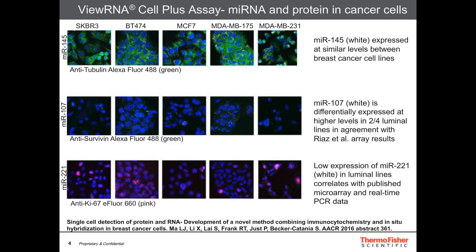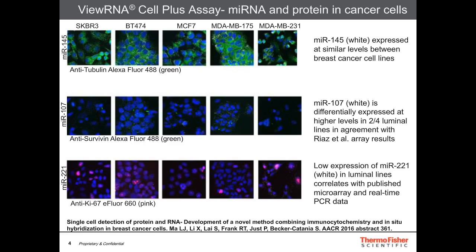So the center panel of the center row of images actually is looking at expression of anti-survivin, so survivin protein in green. And this has a very interesting localization pattern. So survivin is actually an inhibitor of apoptosis. It inhibits caspase activation, and it's associated with tumor reoccurrence and poor patient survival. But the protein itself actually localizes to the mitotic spindle and the cleavage furrow, which I think you can see in some of these images here. For example, here in these two cells,